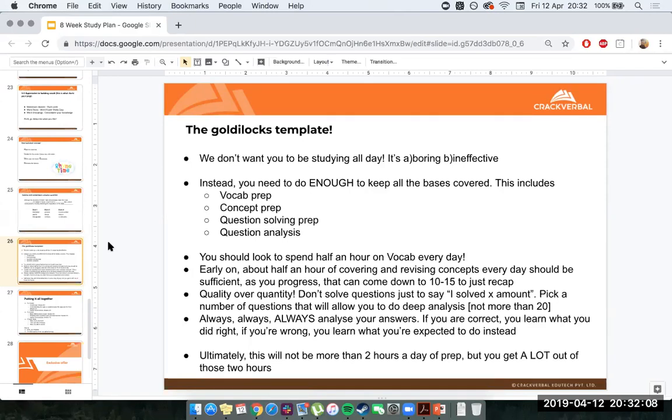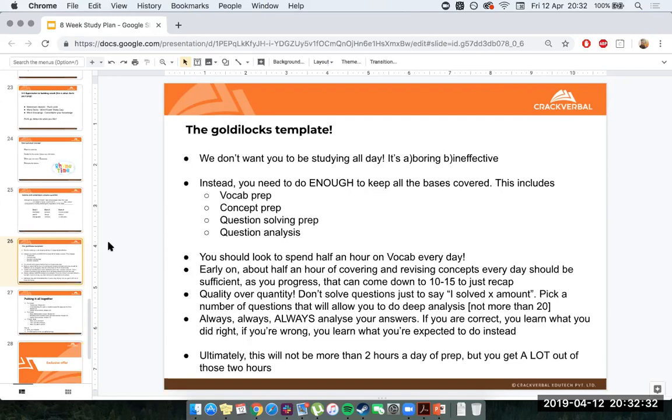But if you get the right kind of score by studying 2 hours a day, that's better than getting the right kind of score studying 7 hours a day. You have all that extra time to yourself. So, we talk about an 8-week study plan. Of course, if you want to compress that further, you will have to study more. If you have a bit more time, you could maybe take it a little more lax. But the main point is this: studying all day is not effective.